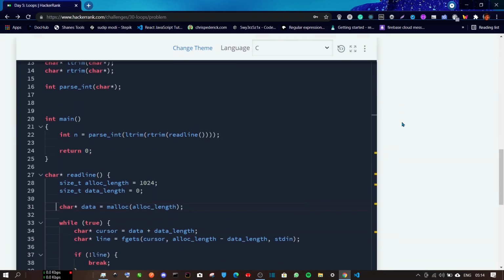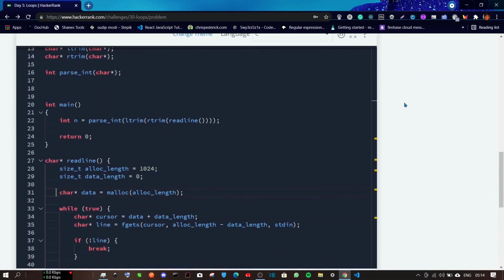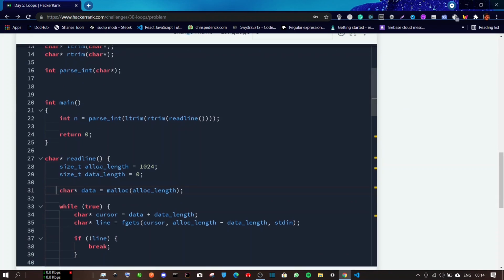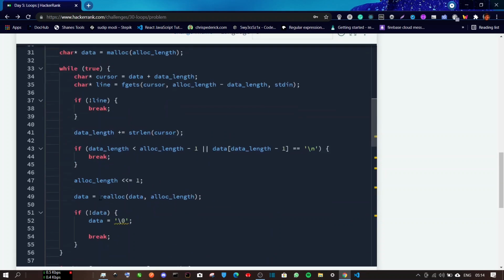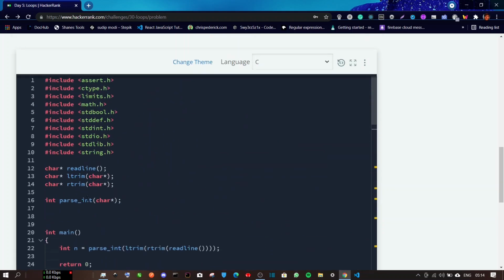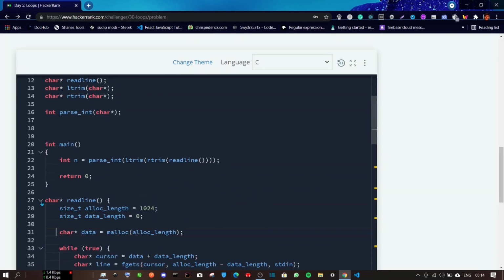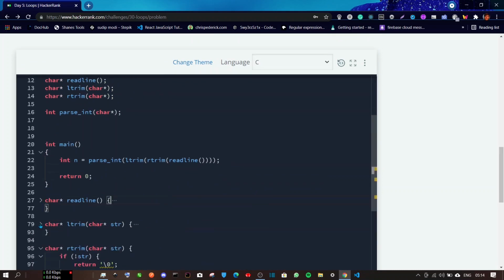We'll be using C language. So when you go to the editor and you encounter all of this code that has already been pre-written here, we do not have to worry about any of this. Okay, so we'll just minimize this readline function, the ltrim function, the rtrim.